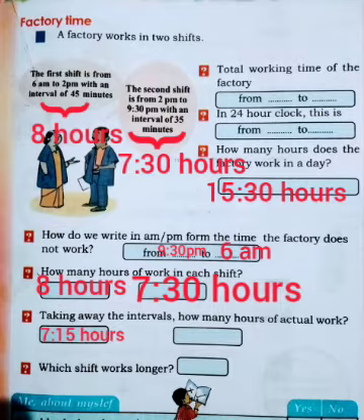We have to subtract 35 minutes from 7 hours 30 minutes. When we subtract 30 minutes, what will it be? 7. Then, the remaining time is 5 minutes. Okay. Subtracting 5 more minutes from 7 hours gives 6 hours 55 minutes. So, when we subtract 35 minutes from 7 hours 30 minutes, we get the answer 6 hours 55 minutes. That is the working time in the second shift.